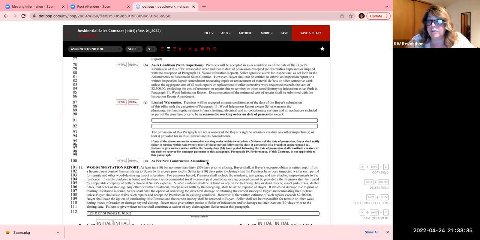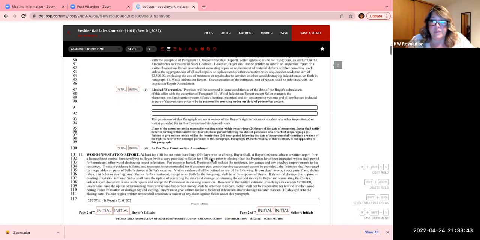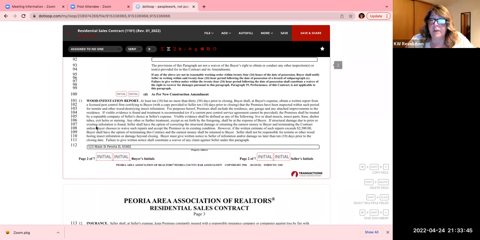So there is a new construction amendment that would go with it, but it's a little different warranty because new construction does come with a year warranty of its own. And then we have exactly what I was talking about, that they do have the right to have a wood infestation inspection and report. And that's just built into the contract. So it's not a yes or no. It's everyone has that right to have that